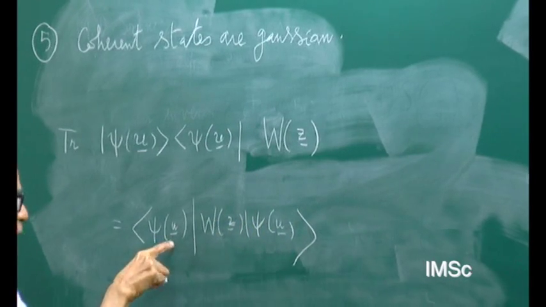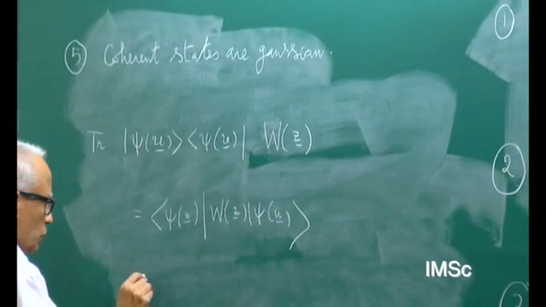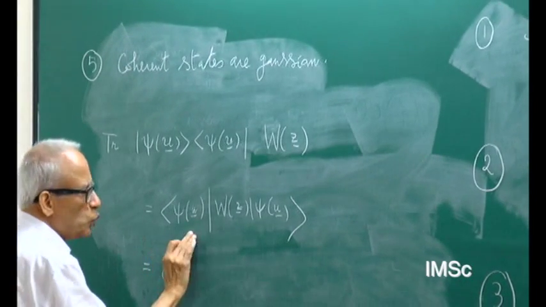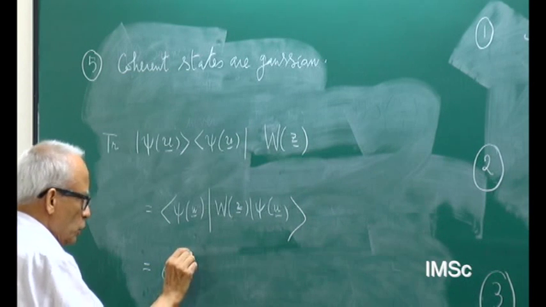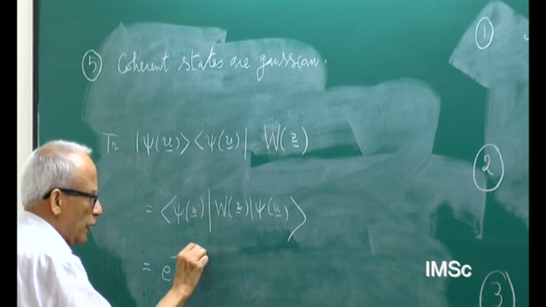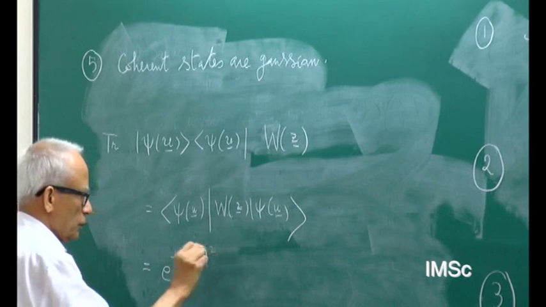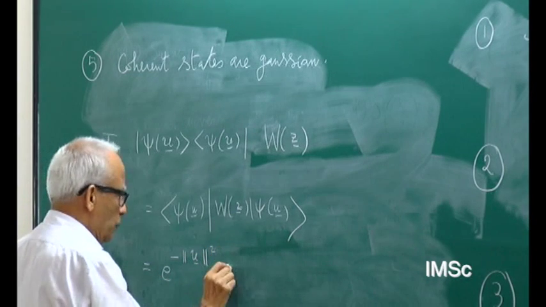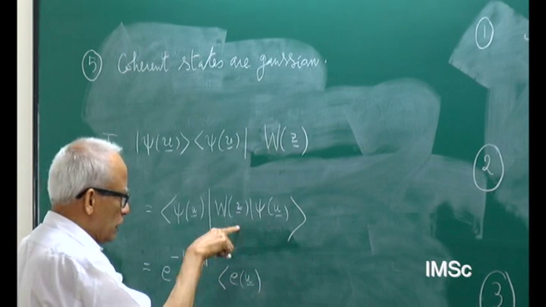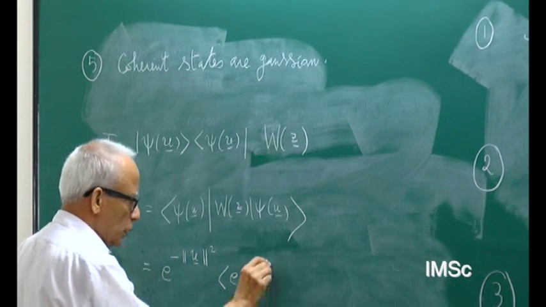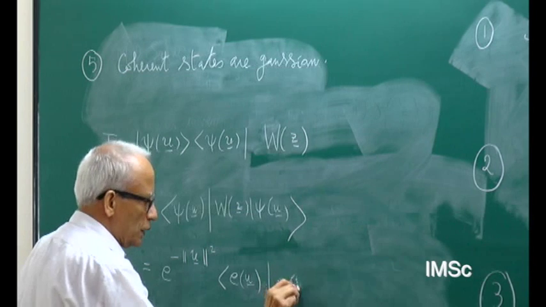But this is normalized exponentials, so e to the power minus norm u squared over 2, so it will be norm u square multiplied by EU, and if you make this operate on EU, then you will get EU plus Z